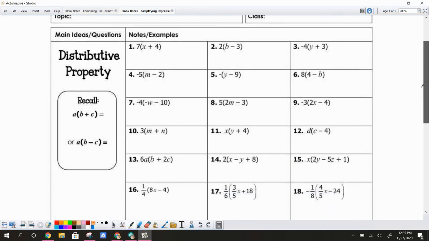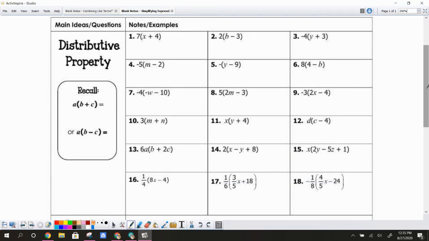So now that we know how to combine like terms, we're going to practice simplifying expressions using the distributive property and then distributing and combining like terms. So for the distributive property, you need to remember that when you have the A on the outside times the parentheses B plus C, that's the same thing as saying A times B